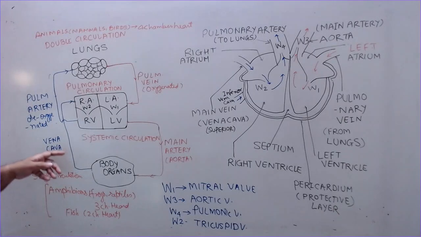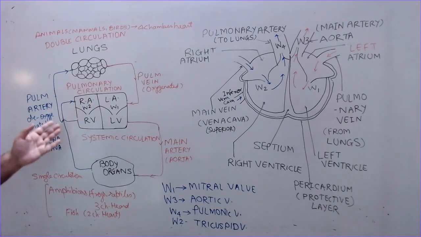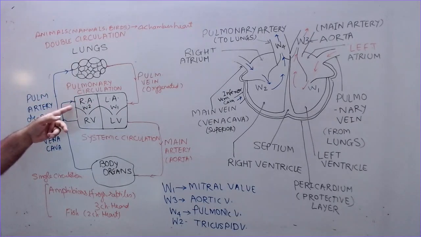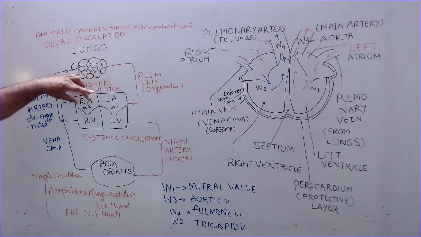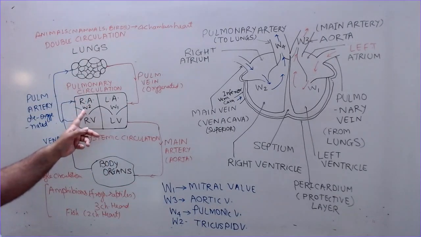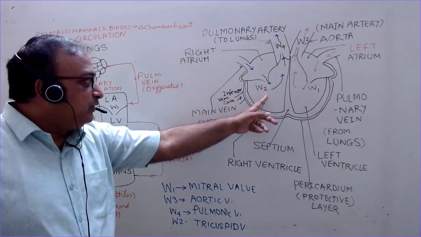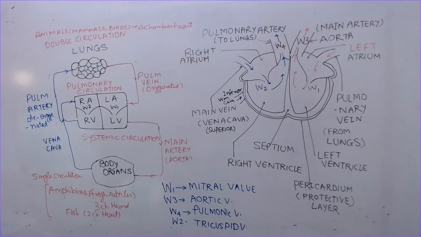This brings the blood back to the heart, because it cannot be directly sent to the lungs. So it comes to the heart, the right atrium, W2 valve, and through this, when this expands, the blood enters the right atrium, and when it contracts, the tricuspid valve, this is the tricuspid valve here, allows the blood to enter from the right atrium into the right ventricle. This deoxygenated blood has to absorb the oxygen and release the carbon dioxide. CO2 is carried by this blood.